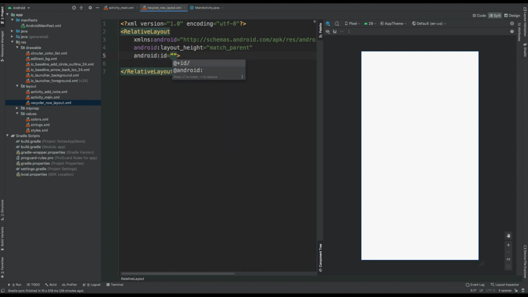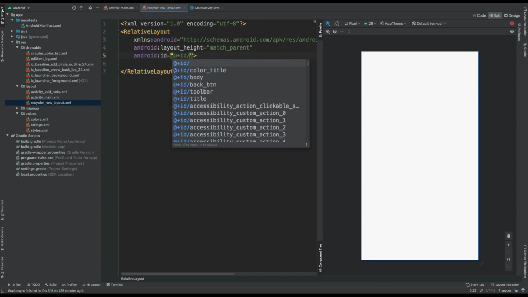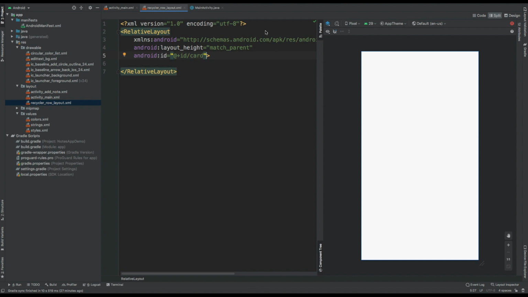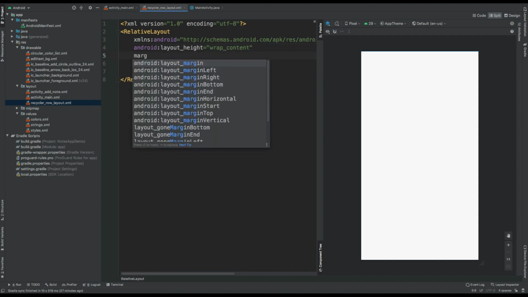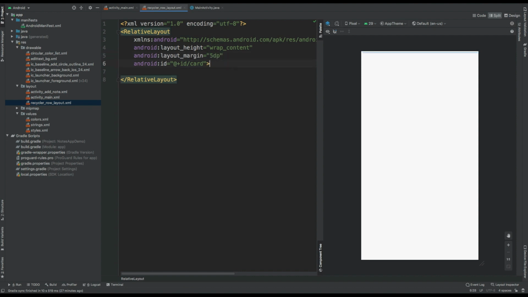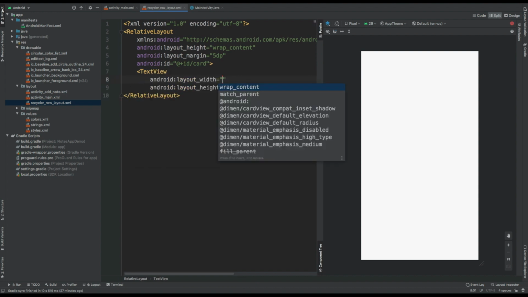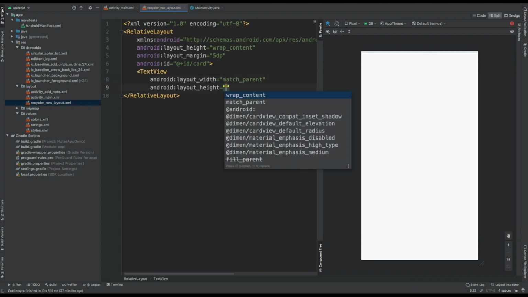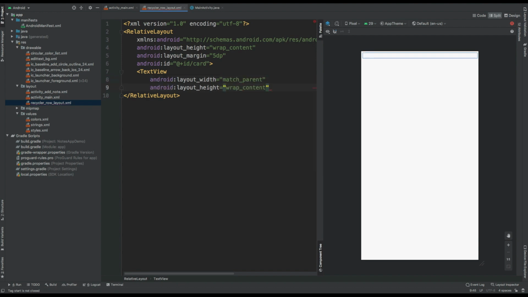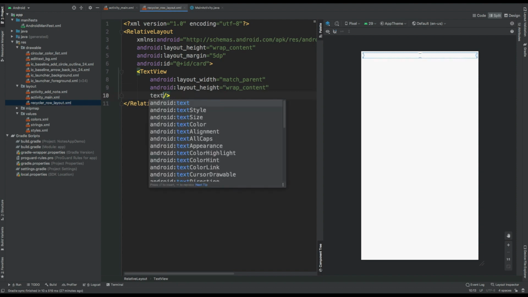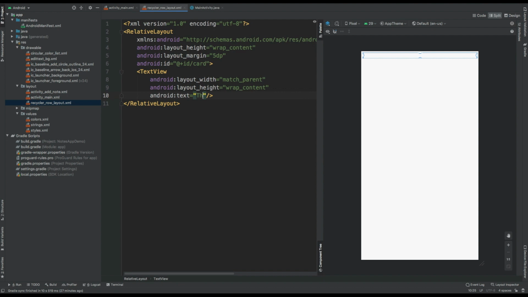I'll use the ID's card. Why I'm doing this, you'll get to know it later. I'll set the layout height as wrap content and a margin of 5 dp. I'll give it a text view for the title. Width would be match parent, height would be wrap content, text, let's say this is title,